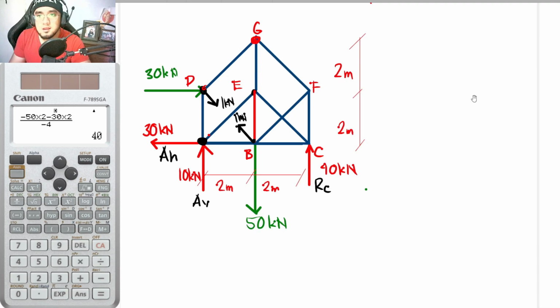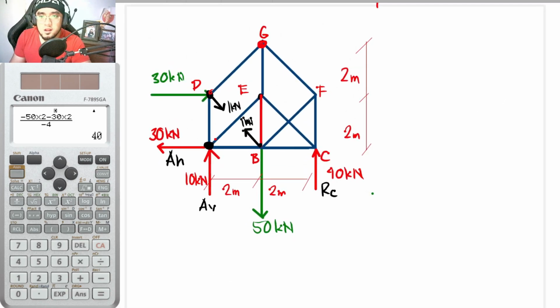So with that, let us now solve for S sub 1. For S sub 1, let us just remove this unit load here. And let us now analyze this truss, making use of the method of joints. Since we have already freed this particular joint of its third unknown, let us now get the bar forces at this particular joint. So with that, at joint D,